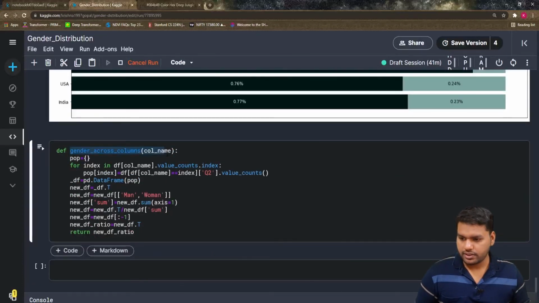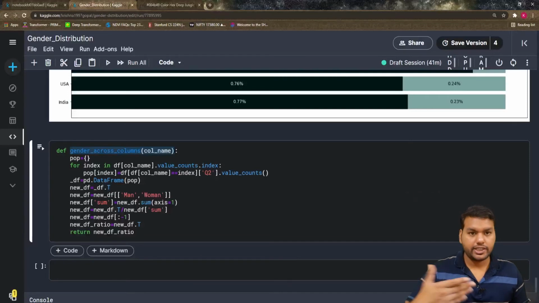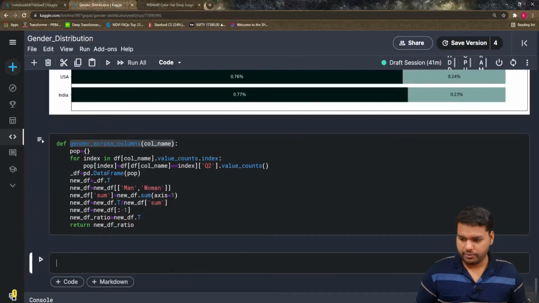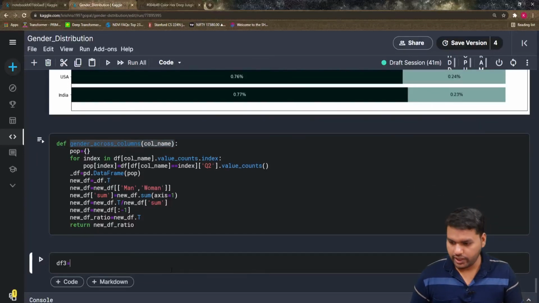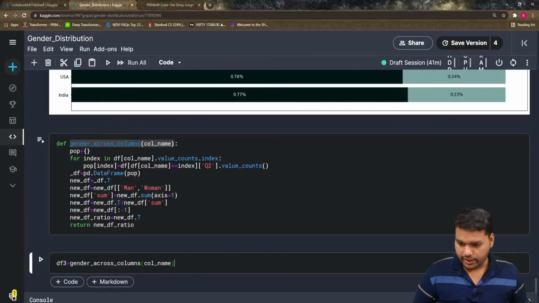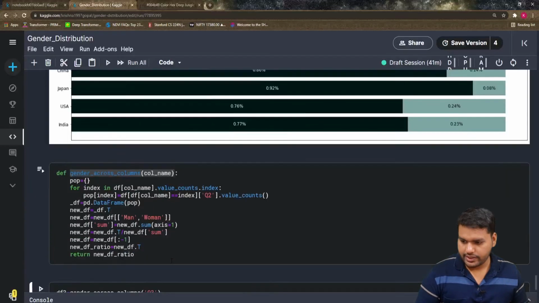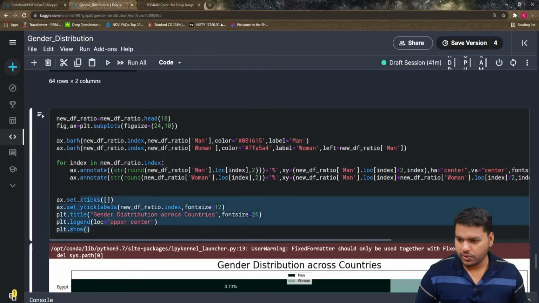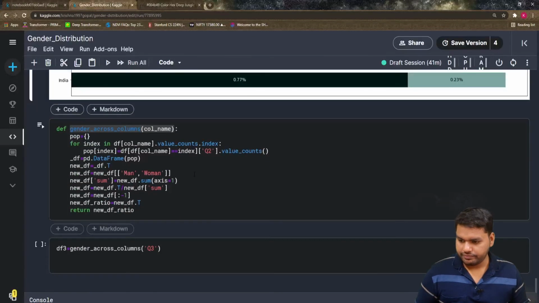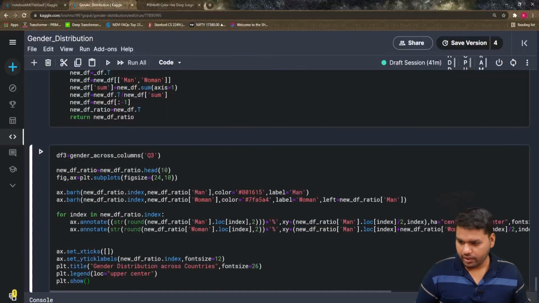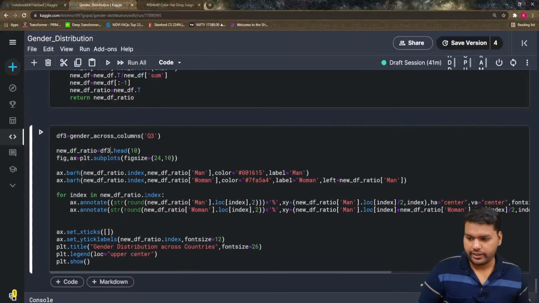So for this, let me show you first what we got previously. So for this df3 is, and what is the column name we have, the q3, yes, and copy this code fully, and pass that df3 here because we want to see only the top 10 countries, and I think nothing is going to change.